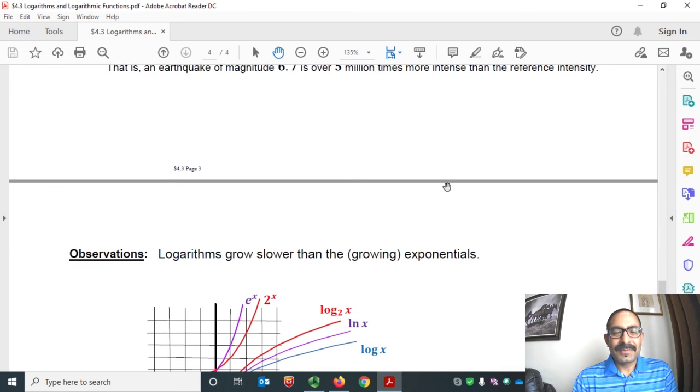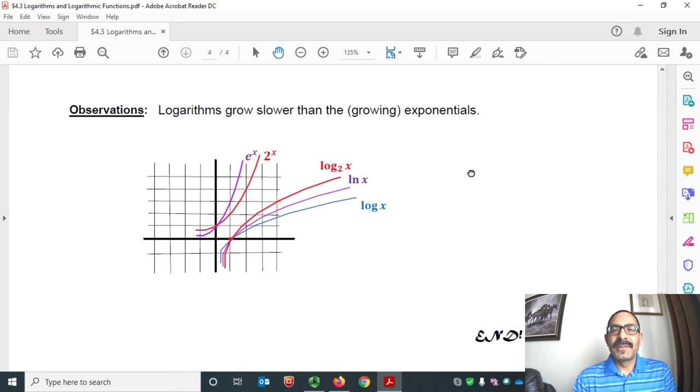Now let's move on. One final observation here. Logarithms grow slower than exponential functions. This is the graph of the exponential functions, and these are the graphs of the logarithmic functions. If you increase the base in the exponential function, it grows faster. If you increase the base for the logarithmic function, it grows slower than the logarithmic function with the smaller base. Here the base is 2,